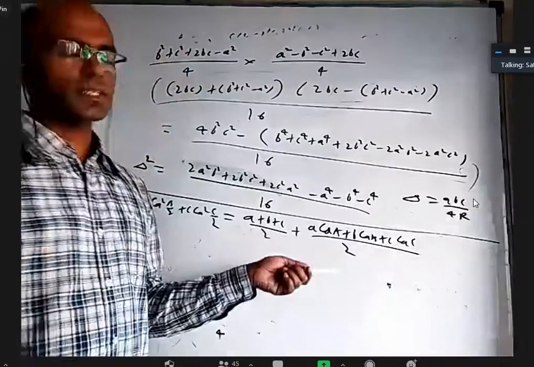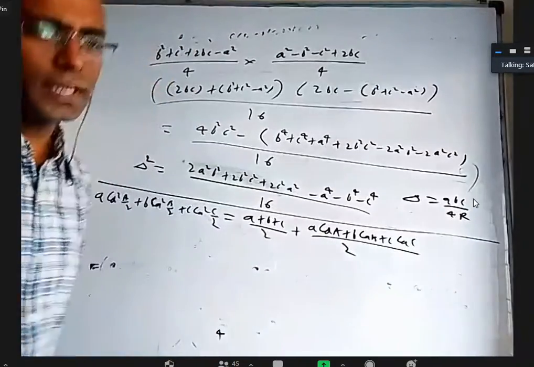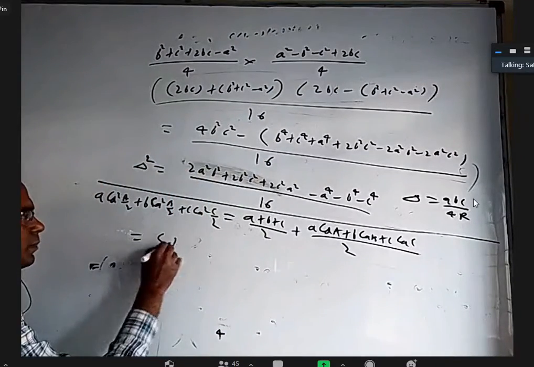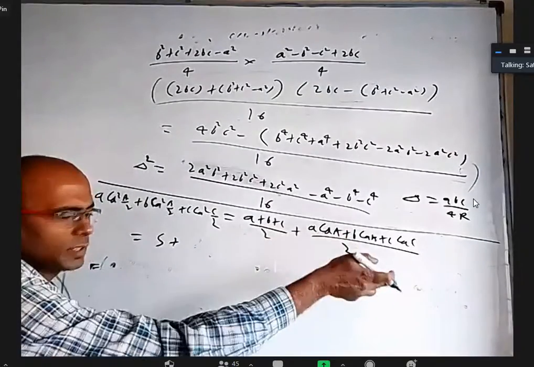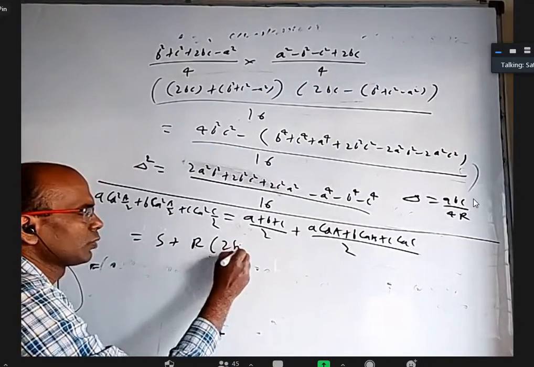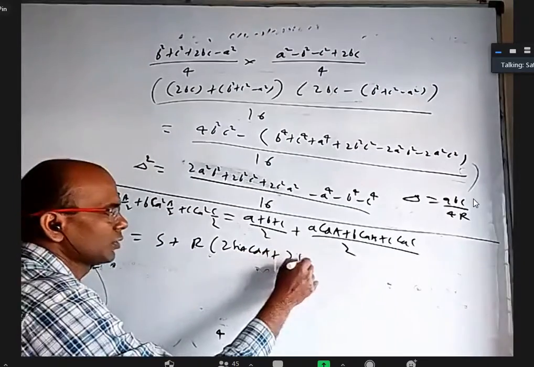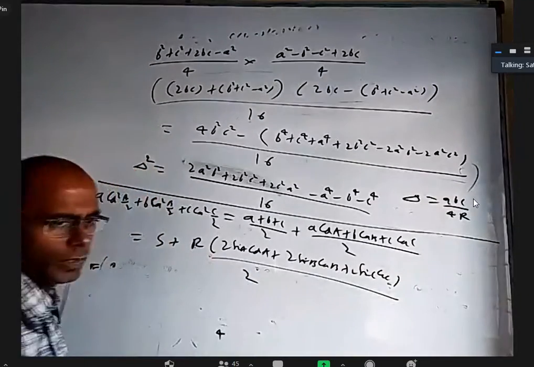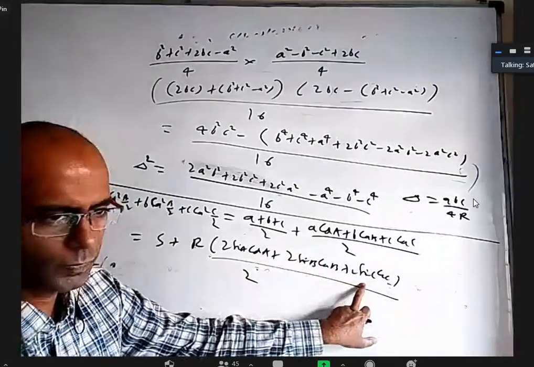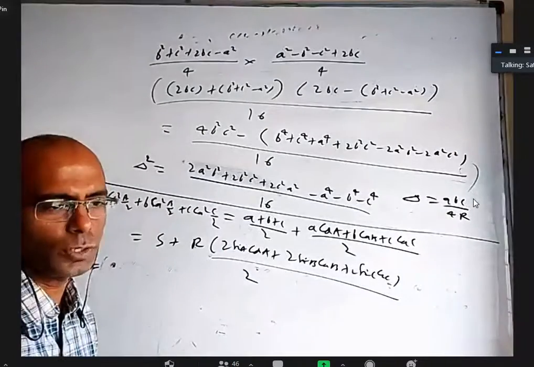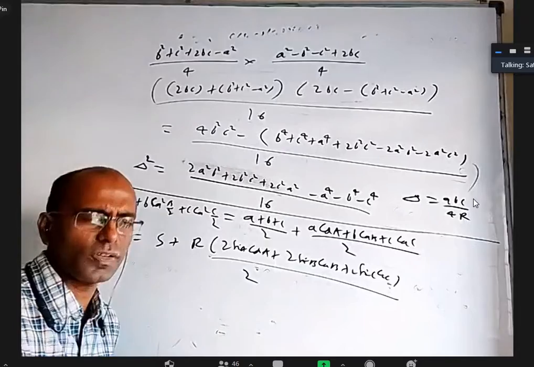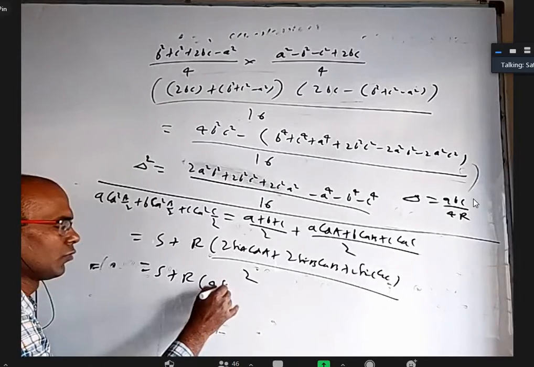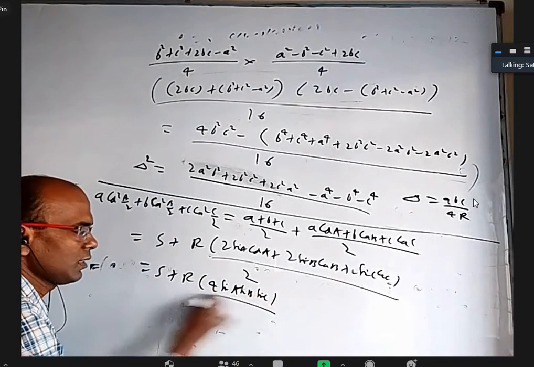So the reason I gave this in sine rule itself is, you write simply A as 2R sin A, B as 2R sin B, C as 2R sin C. So first of all, this is S. This you write 2R sin A, 2R sin B, 2R sin C. Take R common. You will get 2 sin A cos A plus 2 sin B cos B plus 2 sin C cos C by 2. This is sin 2A plus sin 2B plus sin 2C. According to transformations, sin 2A plus sin 2B plus sin 2C is 4 sin A sin B sin C. That is one of the first questions in that 6D exercise or something.